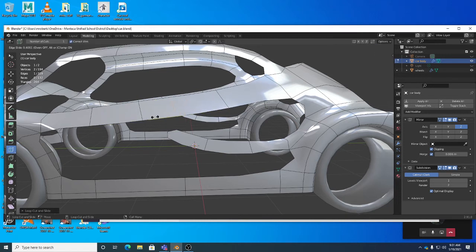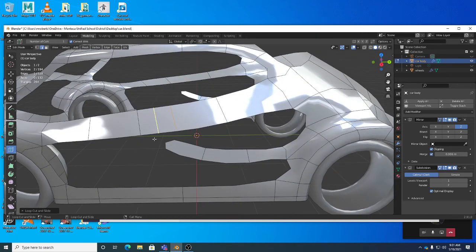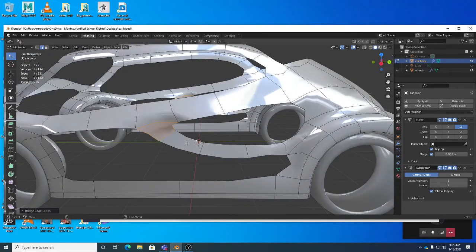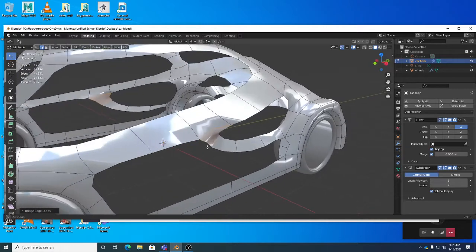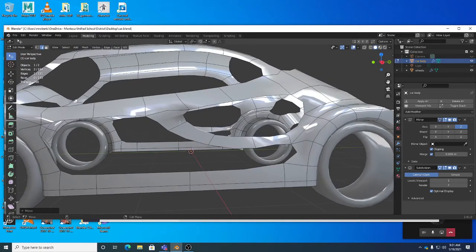Remember, Alt-C is your loop cut, right? So I can just kind of left-click drag to put some edge loops in there. Loop cut, Alt-C. And then I can just, of course, go back to my tweak tool or selection tool. And I can select those, and we could bridge those. Shift-B. And you notice how we can start to build whatever weird shapes we want to build in here